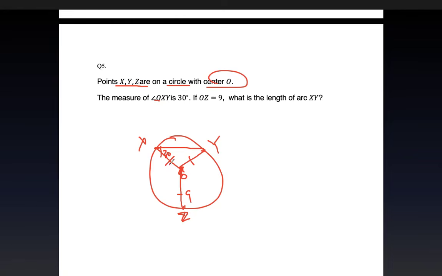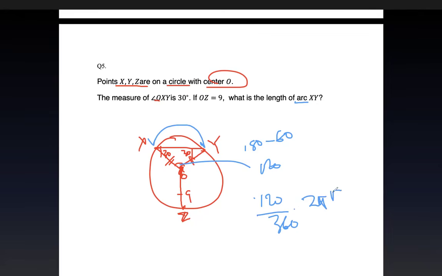You can tell this is an isosceles triangle. If it's so, this also has to be 30. Therefore, this central angle is what? 120. Because I subtract 180 minus 60, I get 120. If I know the central angle, the rest of it is easy, right? It's a straightforward question. What does that mean? If you know the central angle, the arc they want to find from here to here is the same thing as 120 over 360 times the